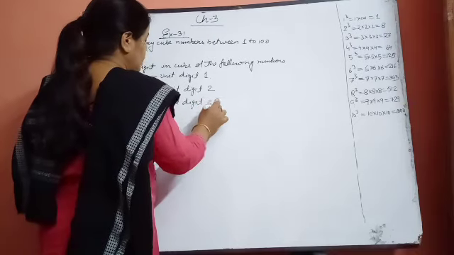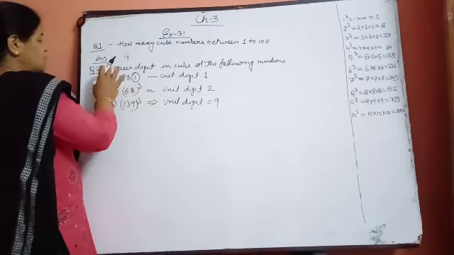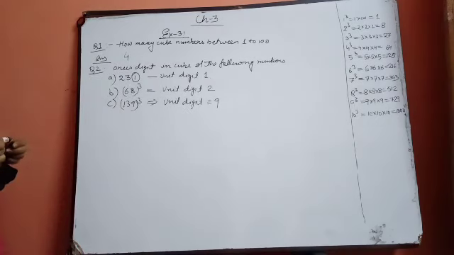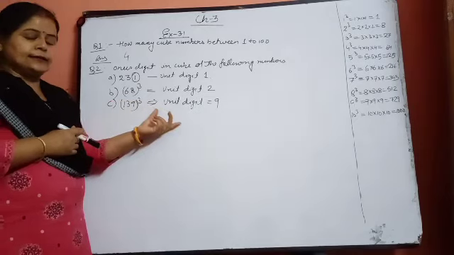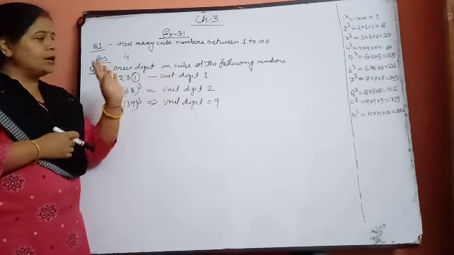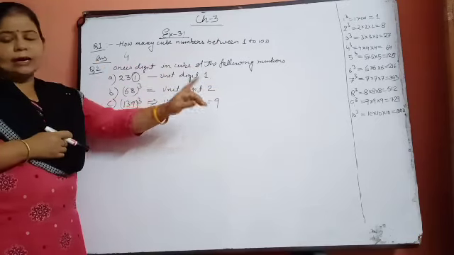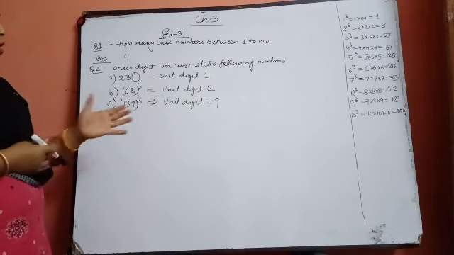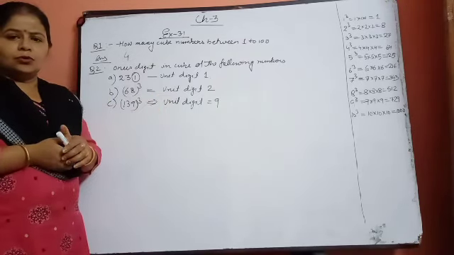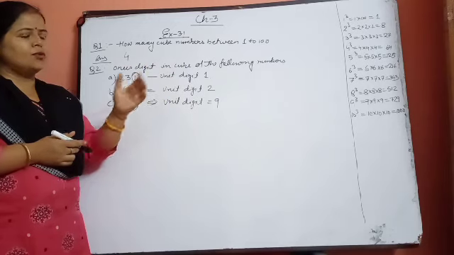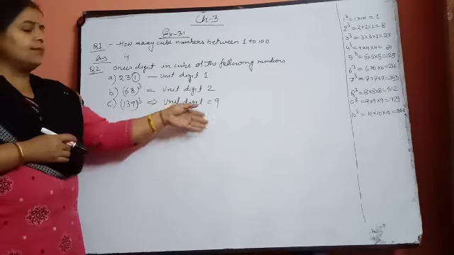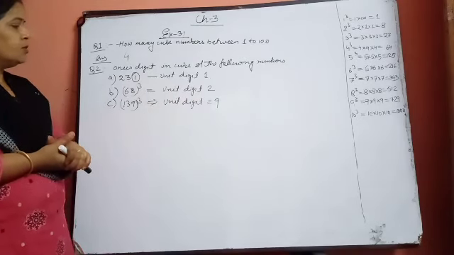In this way, you will complete the rest of the parts of this question yourself. Without finding the cubes, we have to tell the answer. Without calculating the cube, we have to say what will come in the unit digit. So with the help of the table written on the right hand side, or because you should remember the cubes of at least 1 to 10, you can easily find what will come in the unit place of the given numbers.